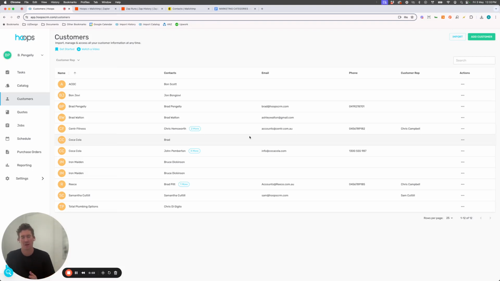I'm going to go through a really quick and easy workflow which involves connecting Zapier and your Hoops account, and then also connecting your email marketing software so that you can keep everything in sync and you can be sending out marketing communications to your customers without needing to manually update your lists inside, in my case, it's going to be Mailchimp. So I'm going to show you how I've set this up and what the benefits of it are,